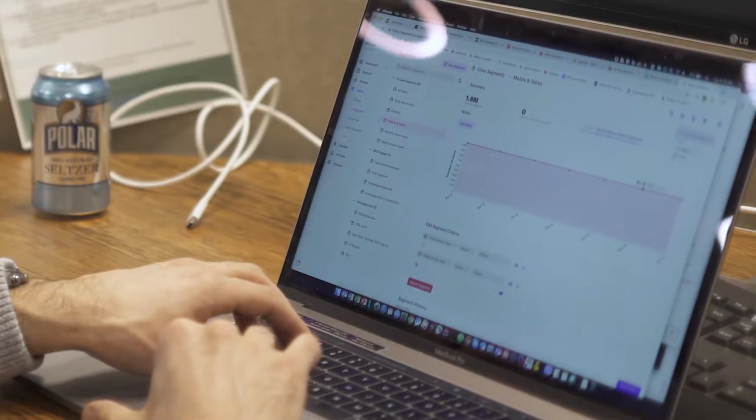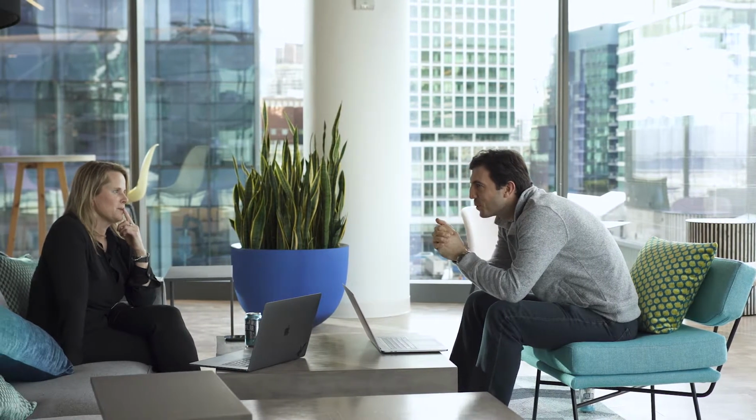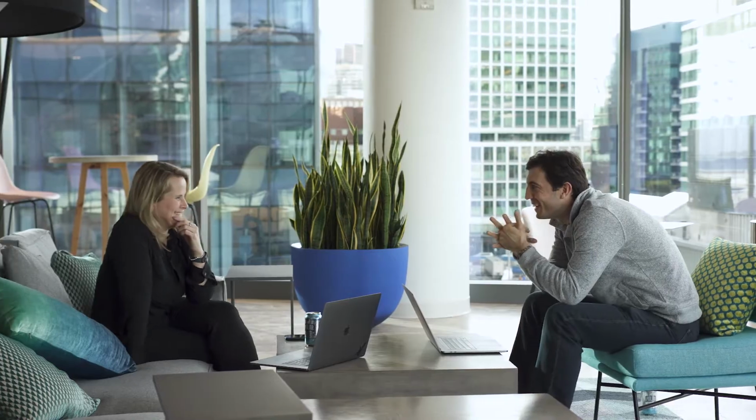I mean, really just using Heap out of the box lets you run all day with this. You can understand if people are engaging with things that are not even meant to be engaged with. And you will never track that in any other tool because it's not something that you track, because it's not meant to be interacted with, and yet users do it. So you can get a lot of insight on what users are doing and why, and whether your user interface perhaps is not as optimal as it could or should be.